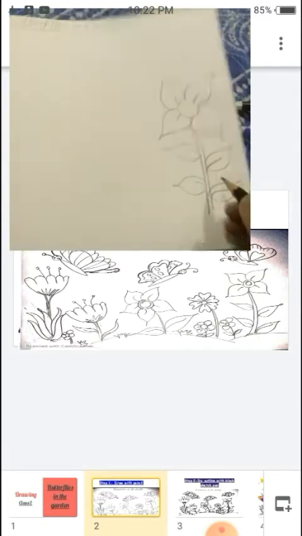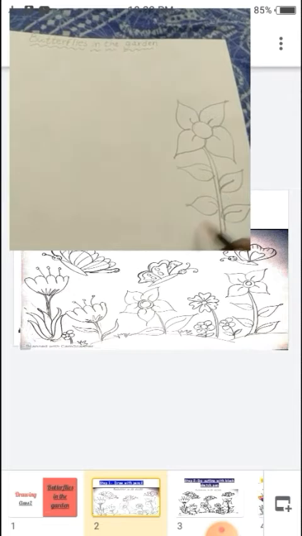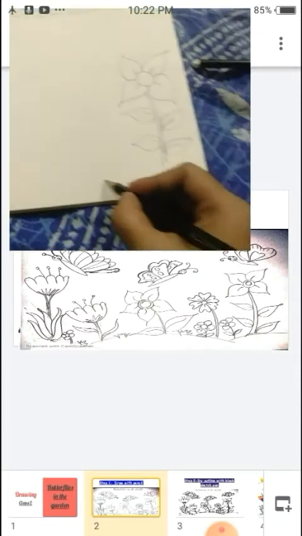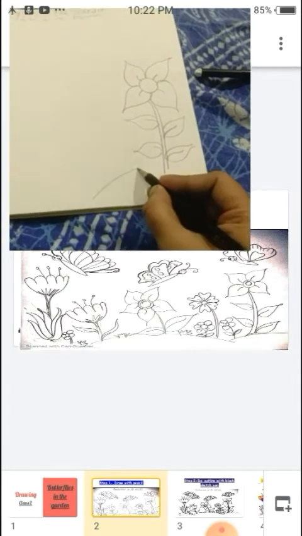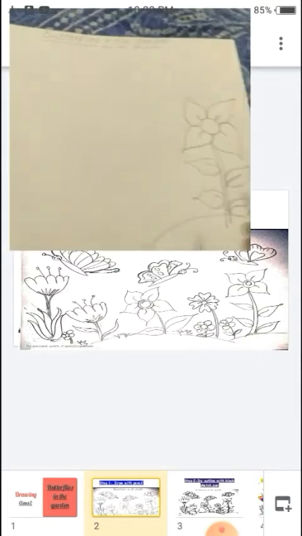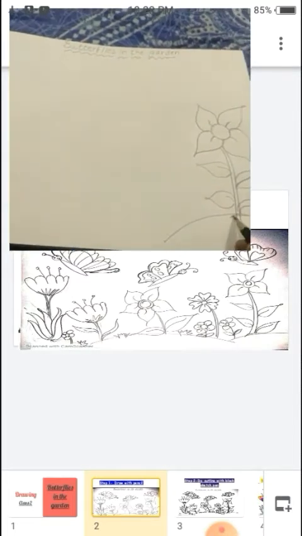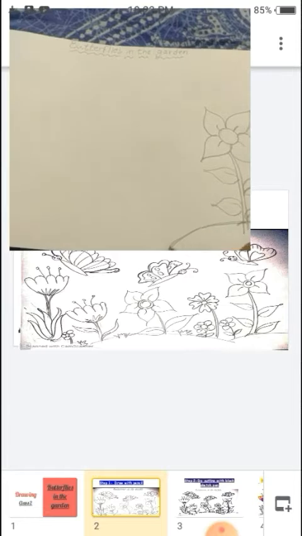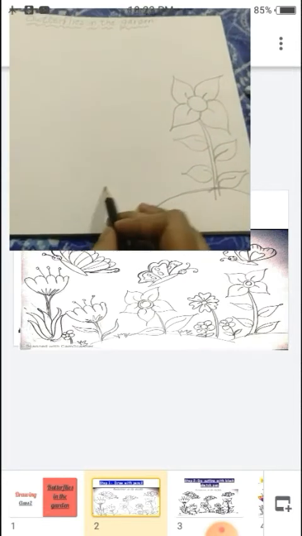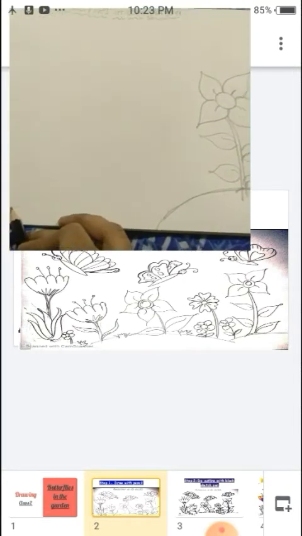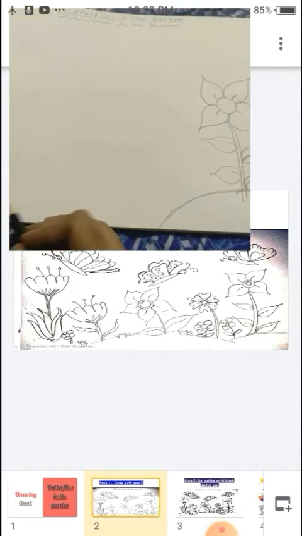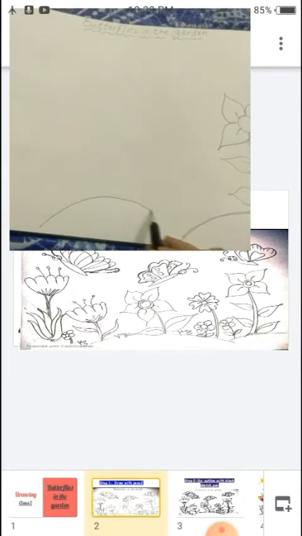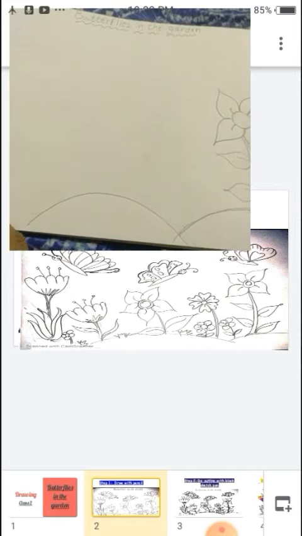Okay, four leaves. Afterwards, make a base. That is the garden base. Okay. Here also just make a base, a little curve.